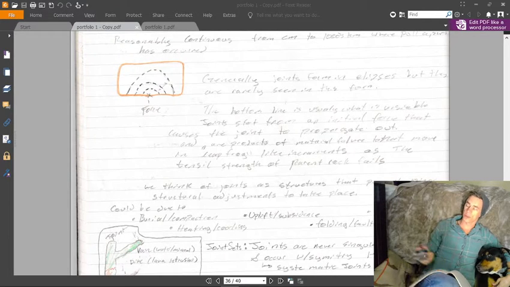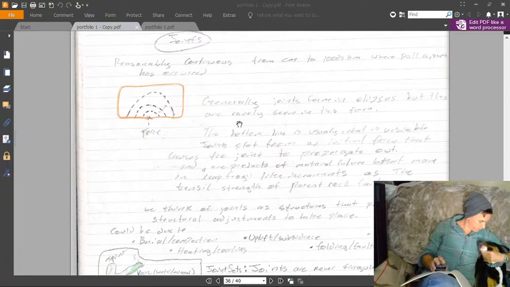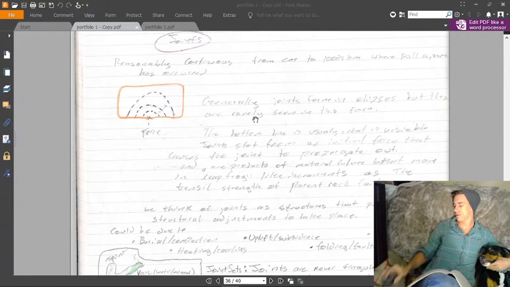So I'll start out today with talking about joints. So a little bit more about joints. What joints are is they're just basically lines in the rock that show where it's broken apart, and how that usually happens is that